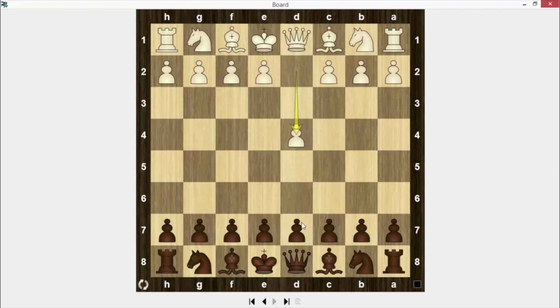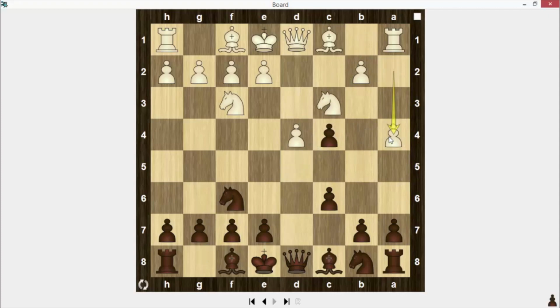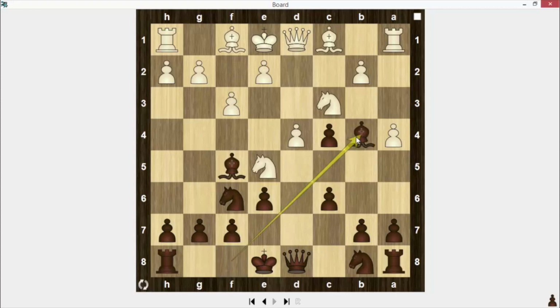It was Slav defense. d4, d5, c4, c6, knight f3, knight f6, knight c3, d takes on c4, a4, bishop f5. It's a classical line, knight e5, e6, f3, bishop b4, e4, bishop takes on e4,